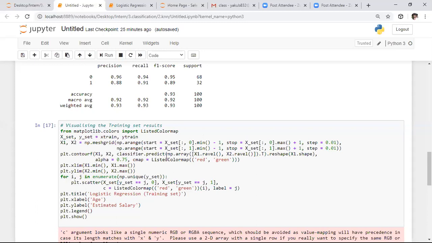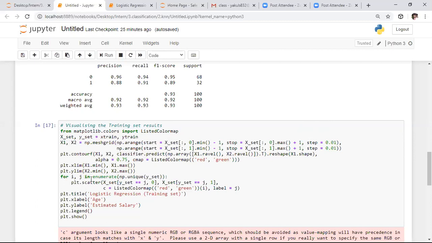Here we need to predict the outcome for each and every sample. Based on the samples, we need to keep those points with different colors. Those are nothing but red and green colors. And I want to keep the x limit as well as y limits. The minimum value I want to keep as the minimum limit of the x-axis, and the maximum value I want to keep as the maximum limit of the x-axis. Like that, for the y-axis also I want to keep the limits. I did the same thing by using the xlim and ylim functions.